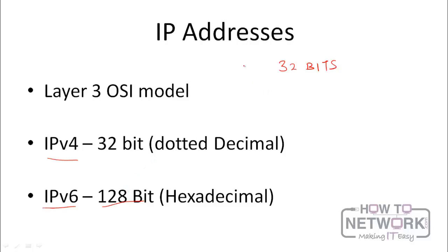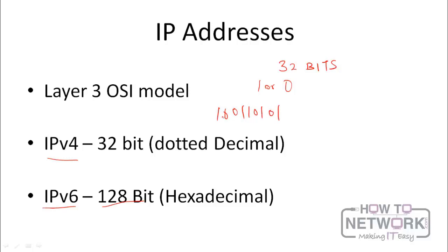Now, a binary digit is a 1 or a 0, and what that means is that in an IP version 4 address, you'll have 32 ones or zeros, while in an IP version 6 address, you will have 128 ones or zeros. Now, it's really difficult for you to express an IP version 4 address in terms of its ones and zeros, because that would just be too long. For instance, you're going to have things like